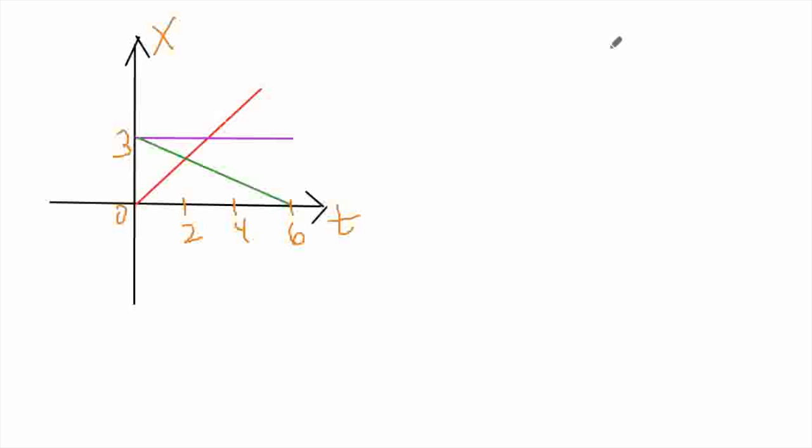Alright, so let's do the red example first. So the red line first. So I would say that the red line is describing a motion on the x-axis. So let's draw an x-axis from 0 to